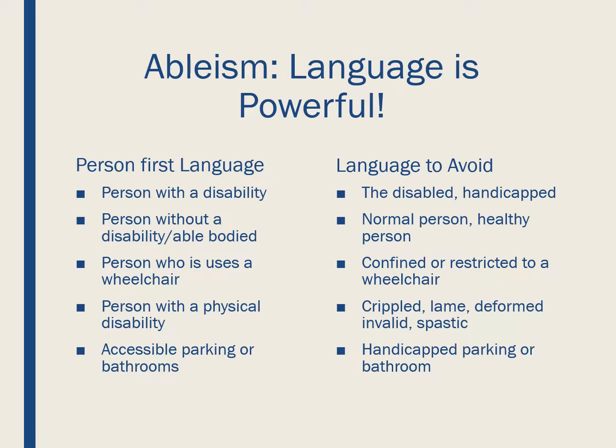So the example of my friend who uses a wheelchair provides a good example of structural ableism, or how our environments often take disability for granted. But ableism is also ingrained into our language. For example, you may have noticed that in the book, they refer to people with disabilities as being handicapped.